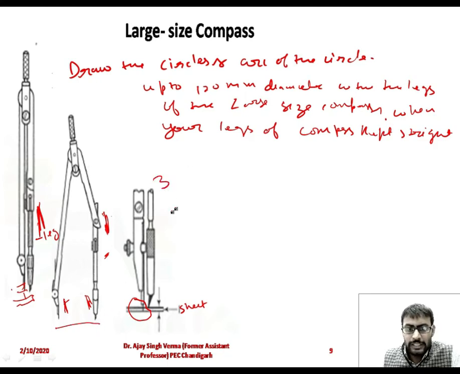Basically, in the third figure, you can see that this is the needle. That needle should be inserted slightly, not in depth. It means if your sheet has a thickness of 1 mm, the needle should be inserted up to 1/3, but not inserted completely, to avoid tearing of the sheet. This is a wrong method. Sometimes students, when making a circle from the center, apply extra large pressure on the sheet. Due to the pressure, the needle pierces throughout the sheet's thickness. So it should be avoided.